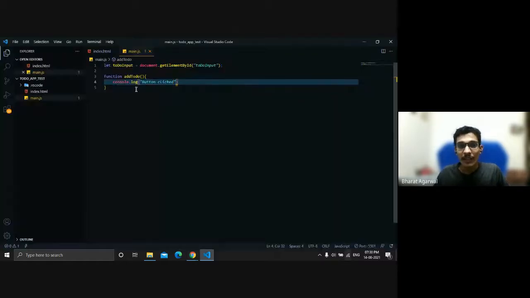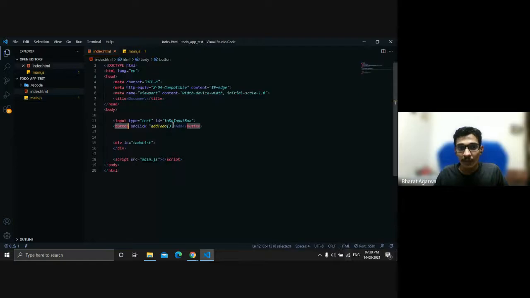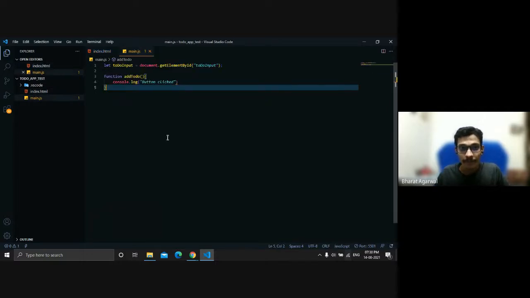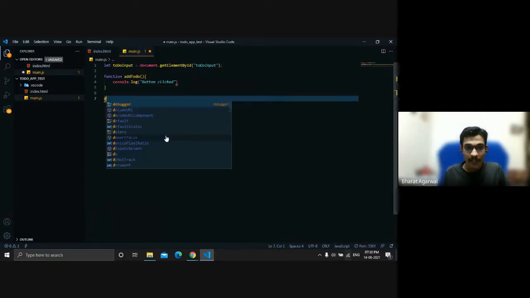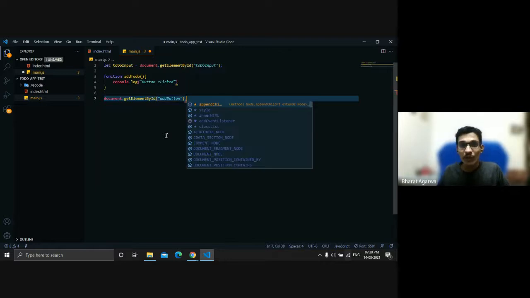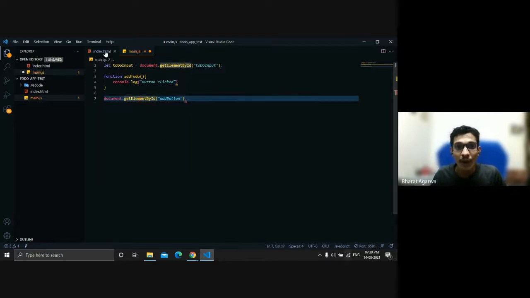We have another method. If I remove this one and give it an ID like addButton, I can write document.getElementById('addButton'). As I already mentioned, to do anything with the DOM, we must get the reference to that node. That's how we get the reference, by different getElement methods.